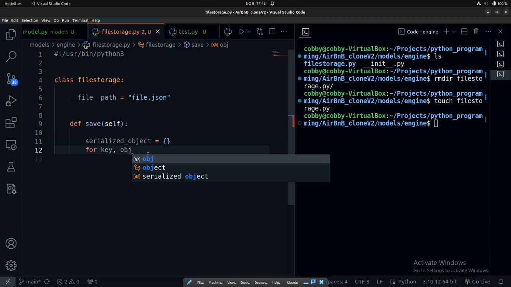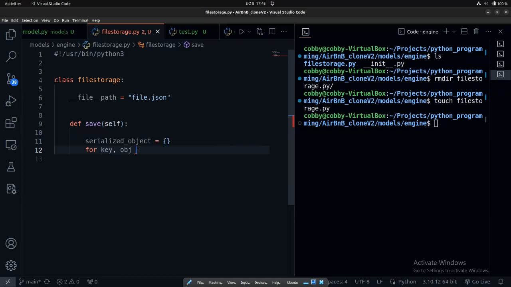We already know the key. Remember what we used for the key? The class, right? So we want to say for key and object in self.objects